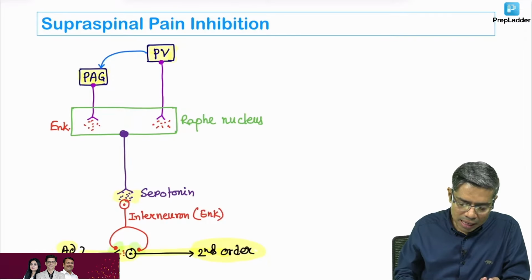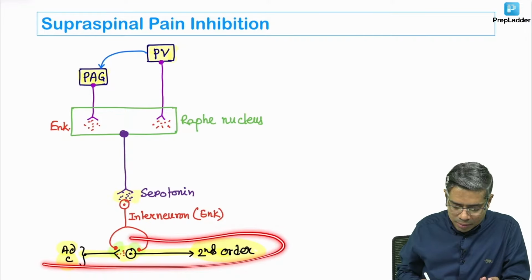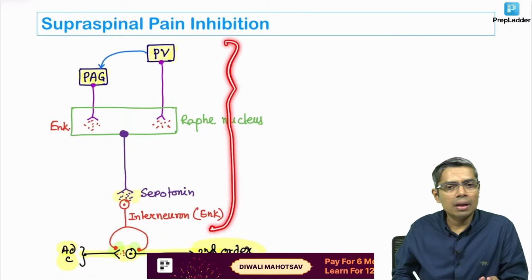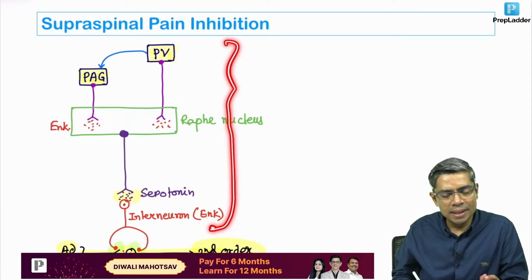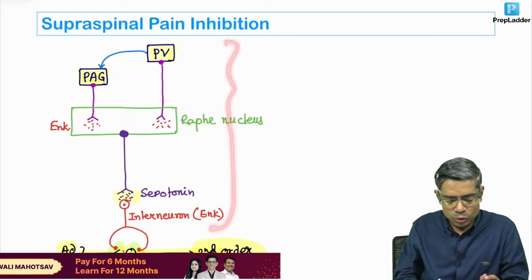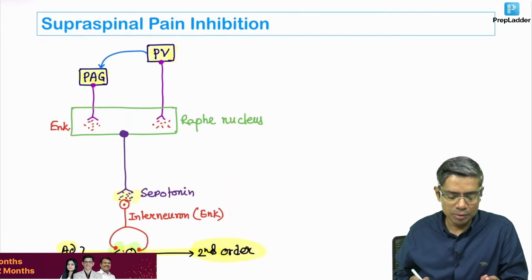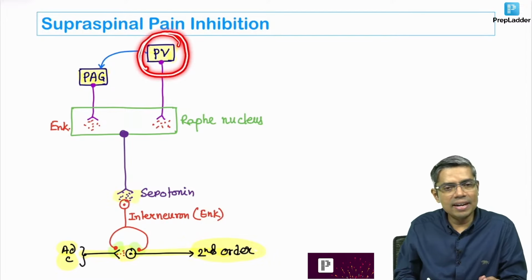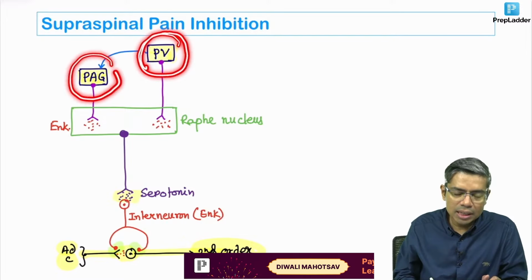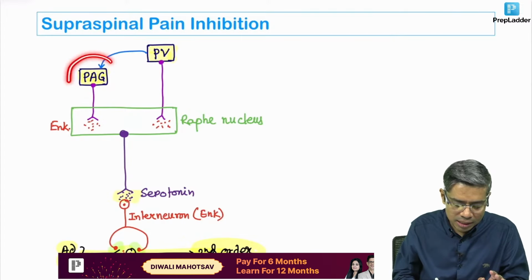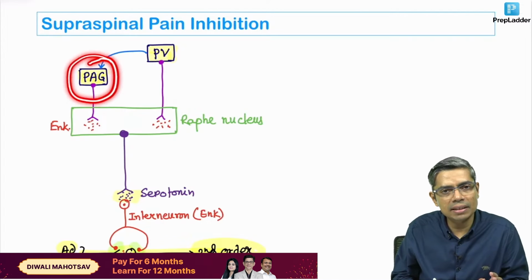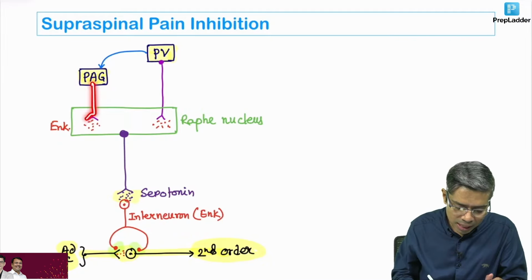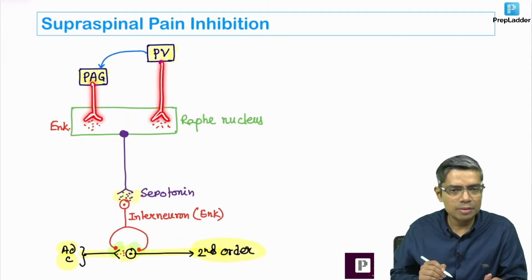Now this pain pathway at the level of the spinal cord is influenced by certain neurons from the upper part of the nervous system, and that is known as the descending or supraspinal pain inhibitory pathway. What are the supraspinal pain inhibitory areas? The periventricular area and the periaqueductal gray matter area. Please don't forget this. If you stimulate the periaqueductal gray matter area, your pain perception will be reduced, because this periaqueductal gray matter as well as this periventricular area,